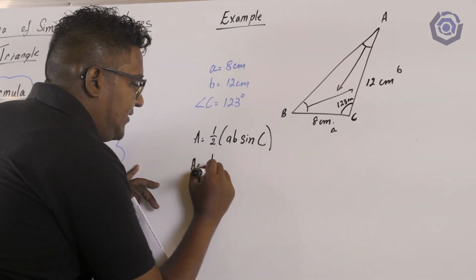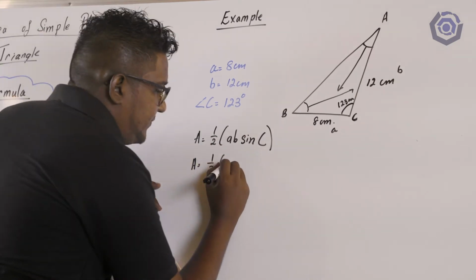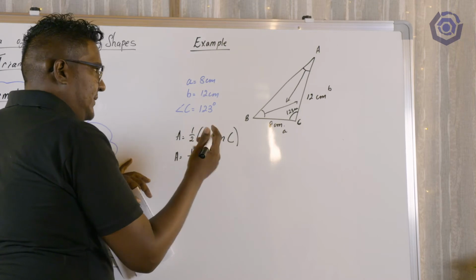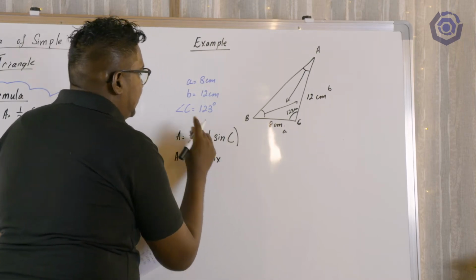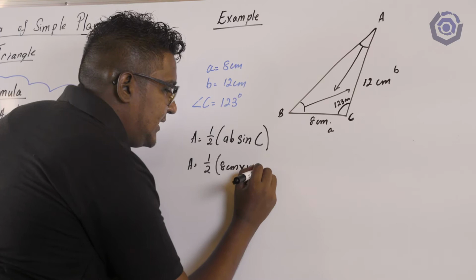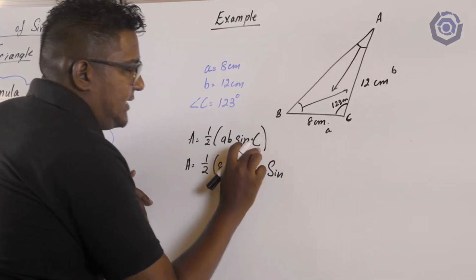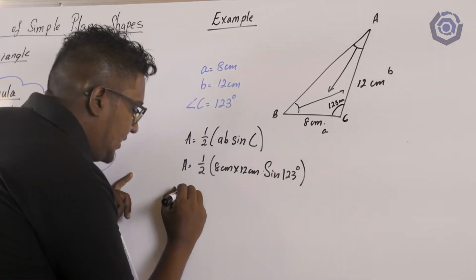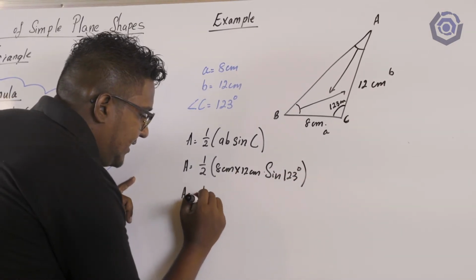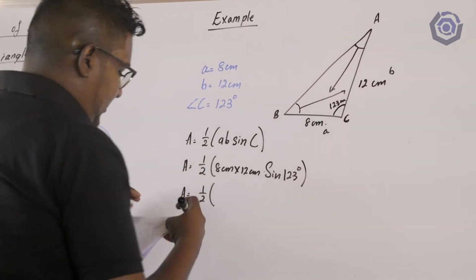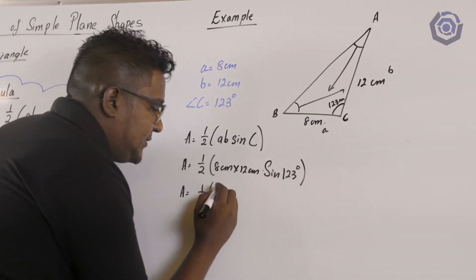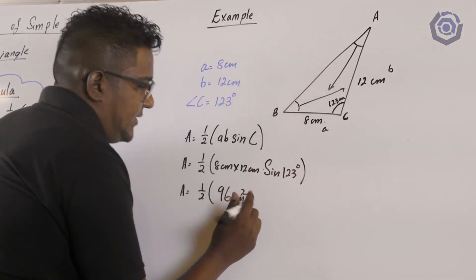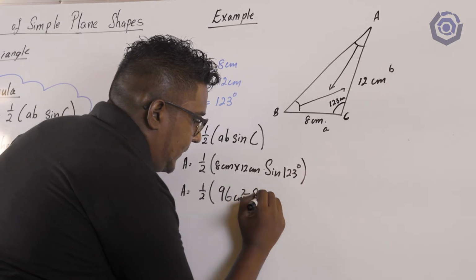A is equal to 1/2. A is 8 cm. When you don't have a sign between these two variables, it means to multiply. So it's going to be 8 multiplied by B, which is 12 cm, sine the angle at C, which is 123 degrees. A is equal to 1/2 of, you multiply here, and this is going to give me 8 times 12 is 96 cm squared sine